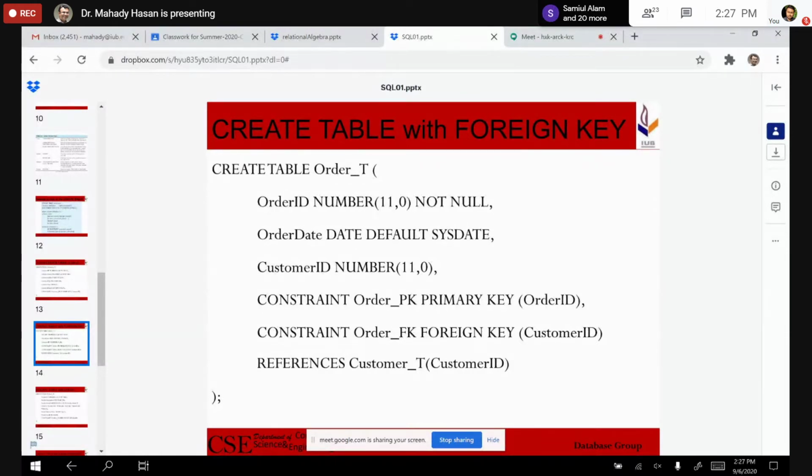For the time being, we are basically understanding one by one. We are basically solving problems one by one. So first of all, we have found how to define a primary key. Now we are defining a foreign key. Whenever we are defining a foreign key, the first line is pretty much like a primary key, but we need to know from where this foreign key has come. So for that we have used references and the name of the table and the attribute in the table. Why is this required? Because sometimes you need to rename the attribute, isn't it? That's the reason we have to define the name of the table and the attribute name.